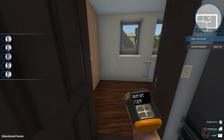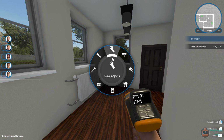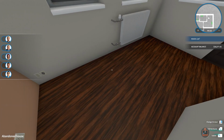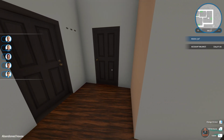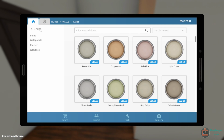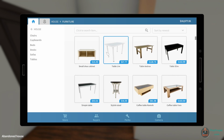Okay. I had thought about this last night after we did our episode, maybe there would be a good place for a dining room, but there's no room in that kitchen for any eat-in. So let's see what we've got here for furniture. Nope, we're done with the paint. Back to the house, to the furniture. All right, so